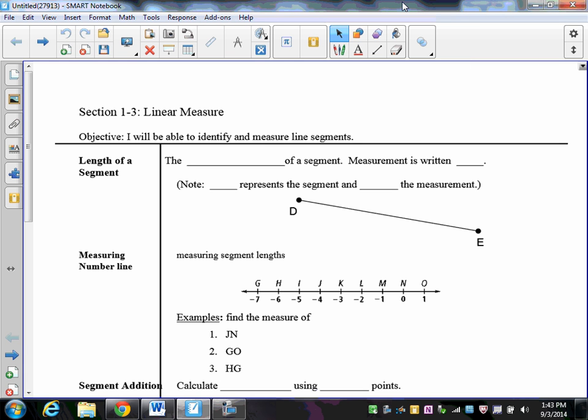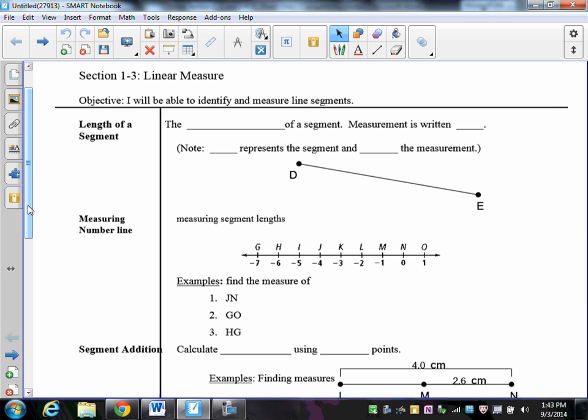These are the notes of section 1.3, linear measure. The objective is I will be able to identify and measure line segments. So the first thing is we just have the definition of a length of a segment. It's just the measurement